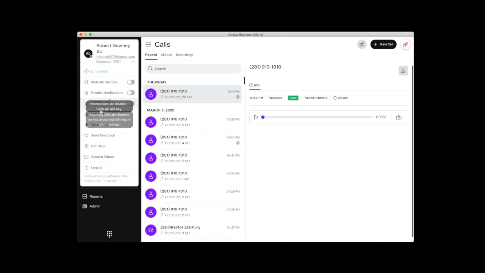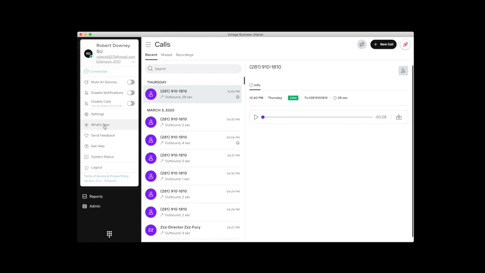it will actually show you more advanced features like muting all your devices, disabling notifications if you're on calls, disabling outbound calling, which will put your system into click to dial and send the call to another device for you to answer and complete the call. More advanced settings on the extension, which we will touch on later in this demonstration.